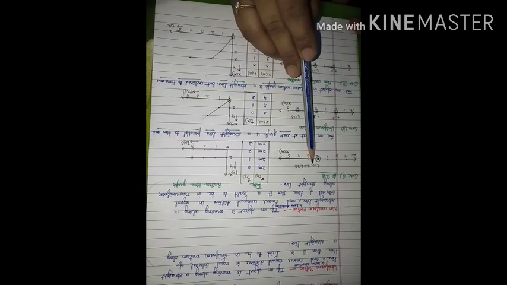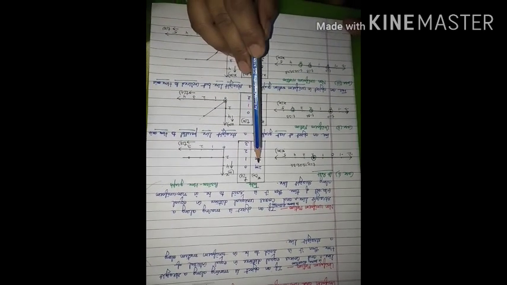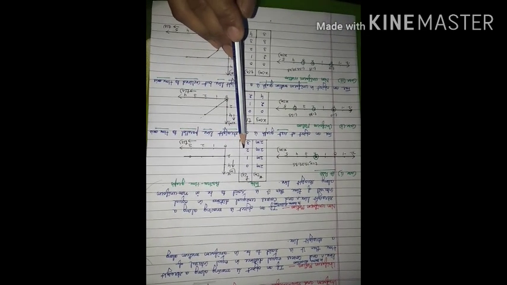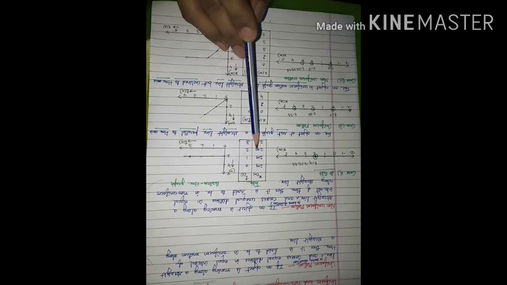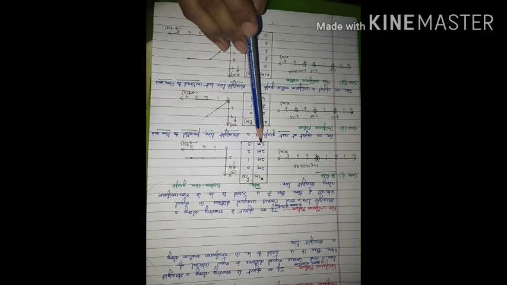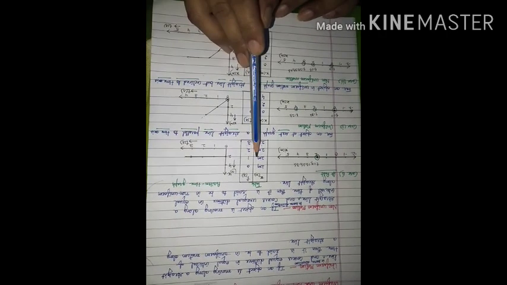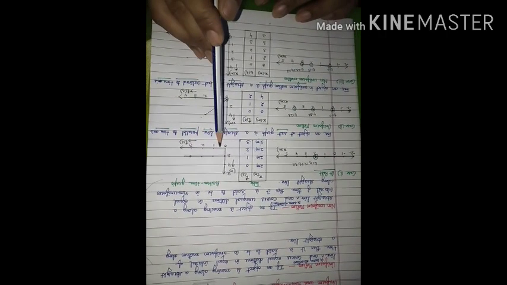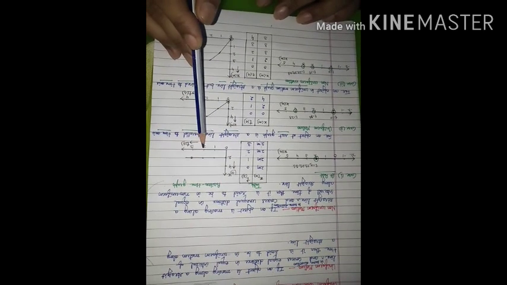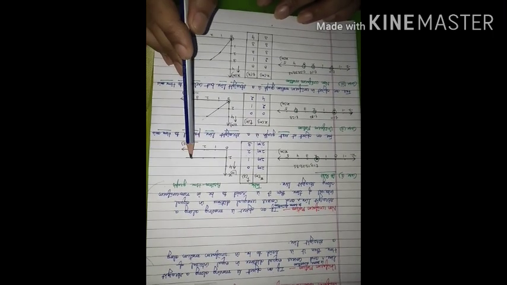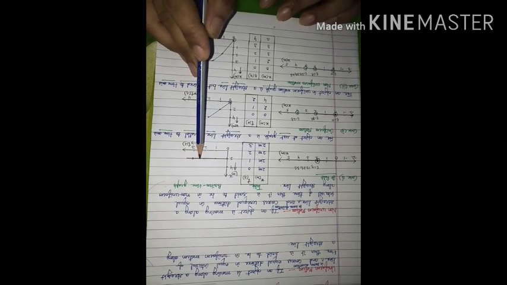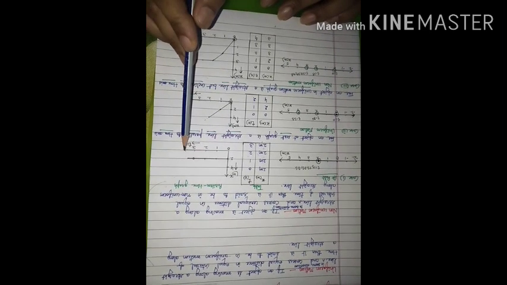So when time t is equal to 0, position is 2 meter. Time t is 1 second, position is 2 meter. Time t is 2 second, then also position 2 meter. And if time t is 3 second, then also position 2 meter. If you draw the position-time graph for this case, when time t is 0, 2 meter; 1, 2 meter; 2, 2 meter; 3 second, 2 meter. When you join all the points, you will get a straight line parallel to the time axis.